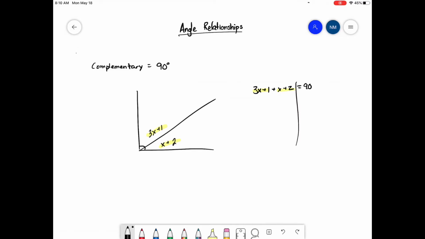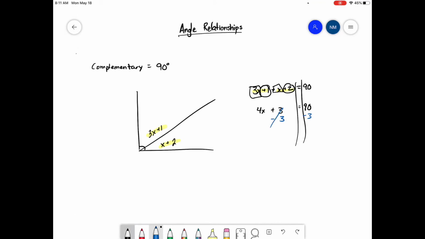We then combine our like terms. 3x plus x is 4x. And 1 plus 2 is 3. We subtract 3 from both sides. And 4x is equal to 87. And then we divide by our coefficient of 4. And we get x is equal to